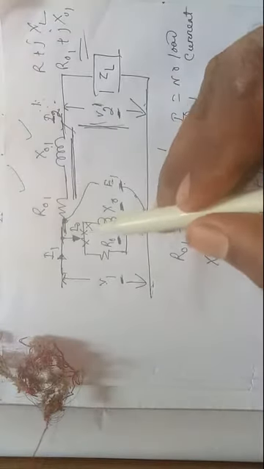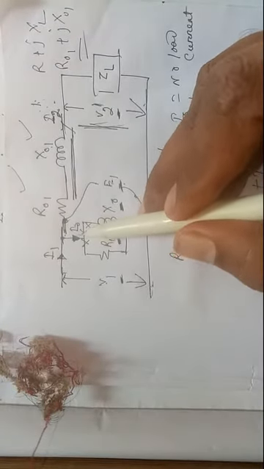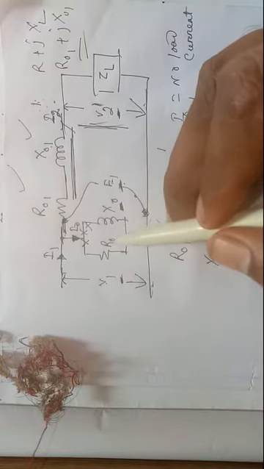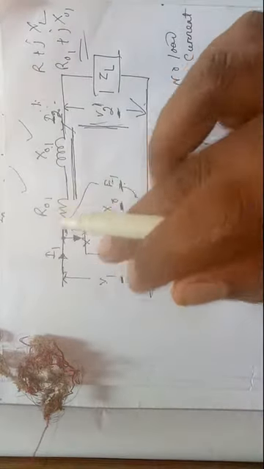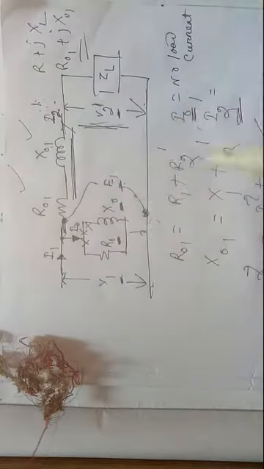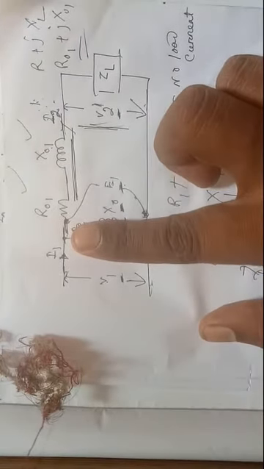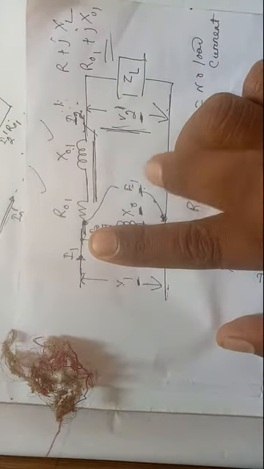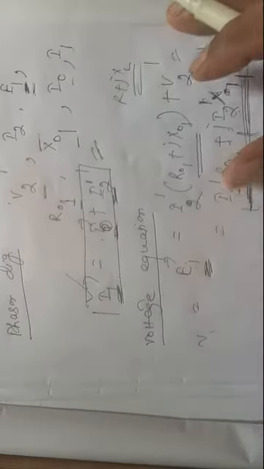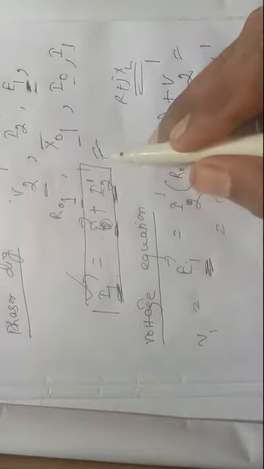Once again I am telling you, the no load current is I0 and the voltage drop due to the no load current is very small. That means the voltage drop across this path is very small, so it is neglected. Just assume that this part is absent. So the voltage between these two points will be equal to the input voltage, that means E1 will be equal to V1. So this is the voltage equation: V1, that is E1, is equal to I2 dash R01 plus jI2 dash X01 plus V2 dash, and the current equation I1 is equal to I0 plus I2 dash.